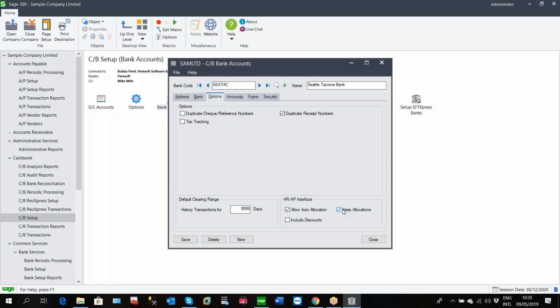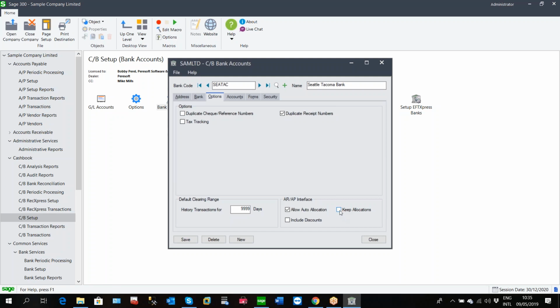So if I've allocated against 5 documents for a particular customer, and I want to update that to my posted transaction file in Cashbook, when that accounts receivable entry is posted to the posted transaction file, so that I can see in my posted transaction file exactly which invoices I've allocated against for that particular customer, then I will